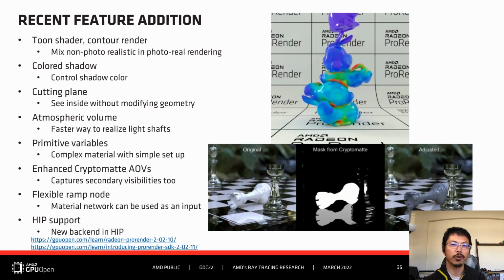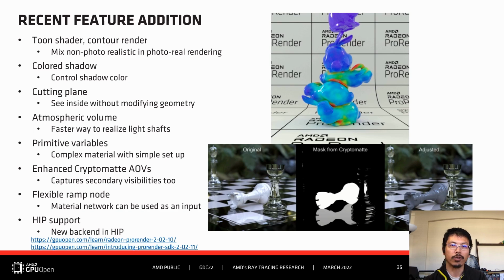And now we support primitive variables, which is also a very useful feature. You can put an arbitrary value on the primitives. One example is shown here on the image on the right. There are a few bunnies falling from the top and then deforming using finite element method simulation, which outputs the stress value per vertex.